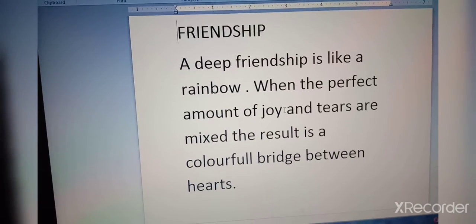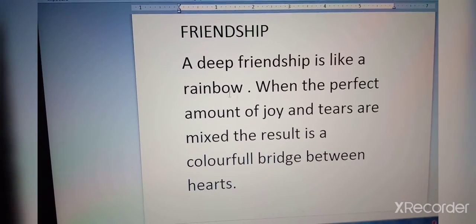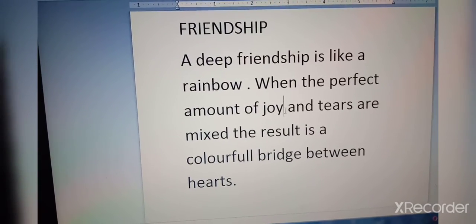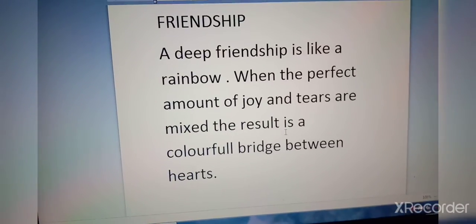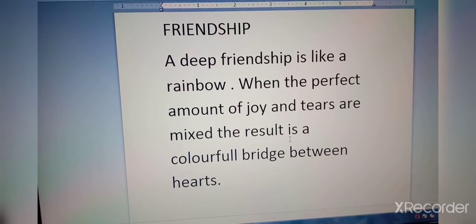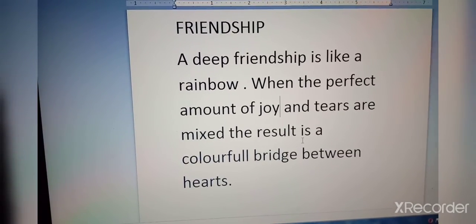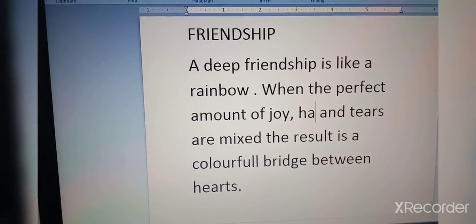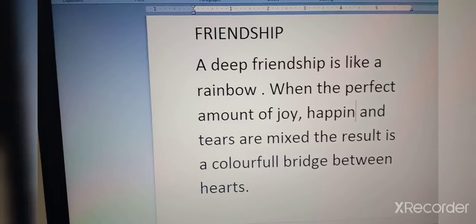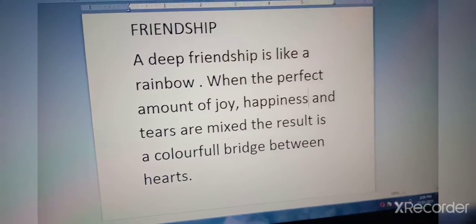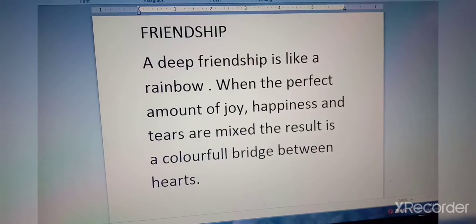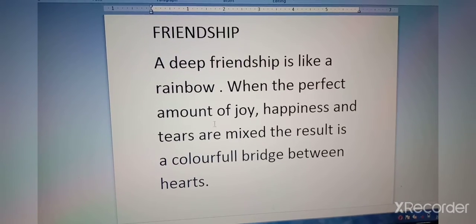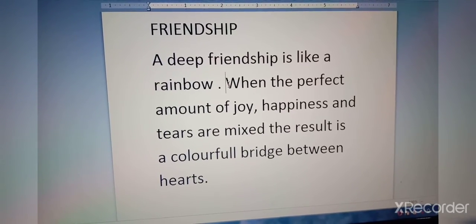So I will click here, near joy. Take your cursor where you want to add new text, and now you can start typing. Type comma happiness. This is called inserting text. Wherever you want to add text, you just take your cursor there and start typing.